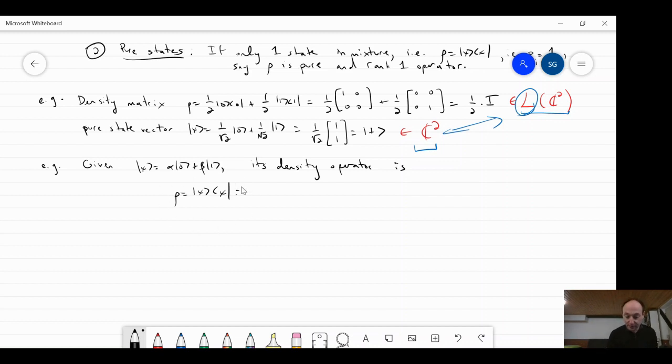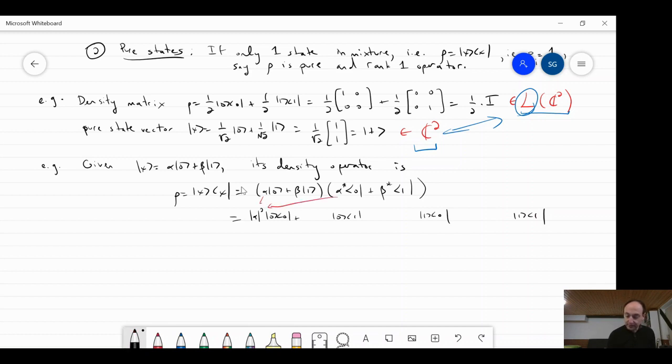So if you think about that thought experiment, this is the corresponding density matrix under the definition I already gave you. And now we just plug in the definition, right? On the left, we have alpha 0 plus beta 1. On the right, we have to take a dagger, so alpha 0, beta star 1, okay? And now we just expand, right? I'm going to get 4 terms. And the first term is just going to be, remember you paired together, I'll just show you for the very first one,